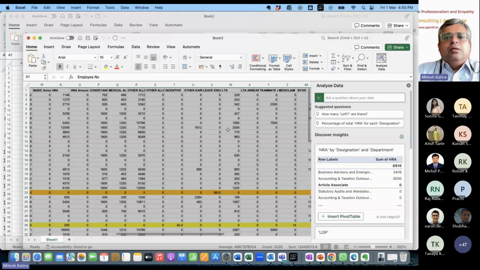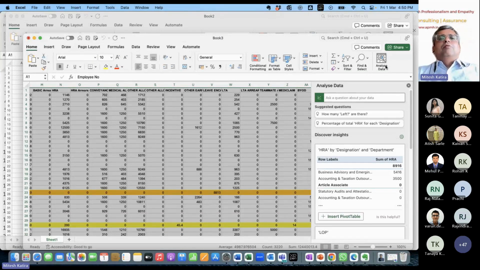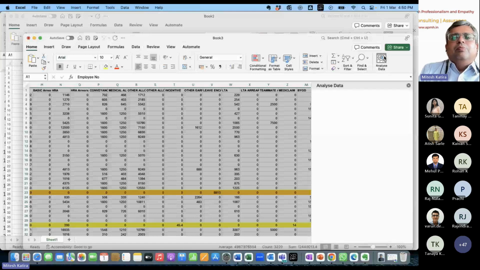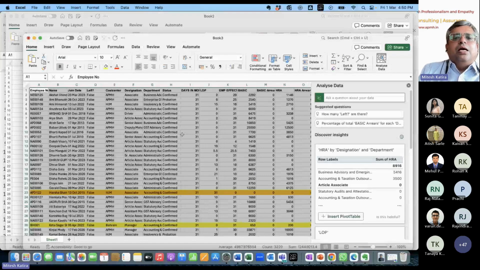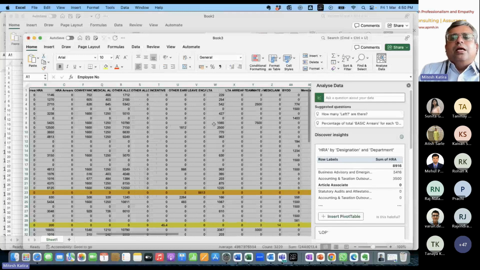You can just click here on analyze. Go to home, go to analyze. Only thing is you need the latest version of Office 365. Okay, पुराने version में हो सकता है ये ना चले. And I am using a Mac, so sometimes in the Mac the placement of the icons can be different. So you can go to analyze here, and in analyze you click and this window will appear. ये आपका सारा डेटा को एनालाइज करने के लिए आपको मदद करेगा. आपको क्या करना है, यहाँ पे सिर्फ सवाल पूछना है.